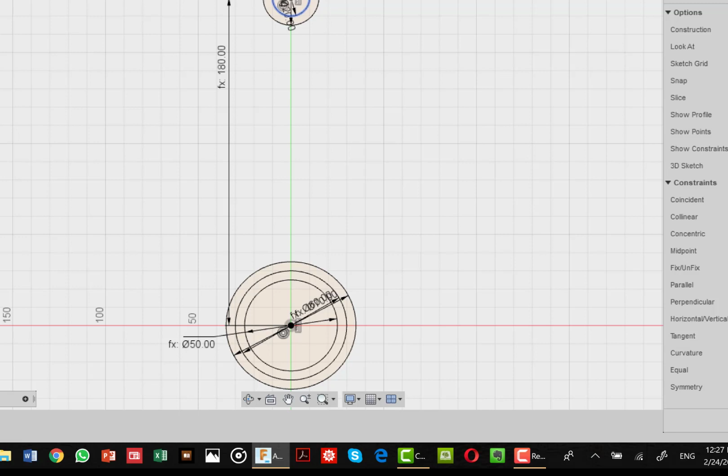Next, we are going to create a tangent line to both sets of circles, and we do that by first of all creating a line, and that line we let it start from that point to a point slightly longer than this one, and that line is there. We will eventually make this line tangent to the larger of the circles on either side, and we are going to mirror whatever we get at the end.